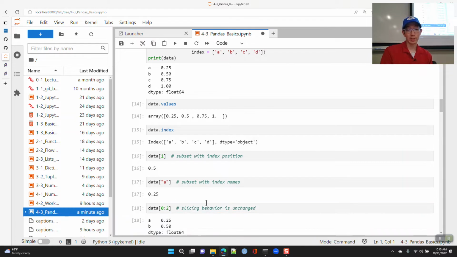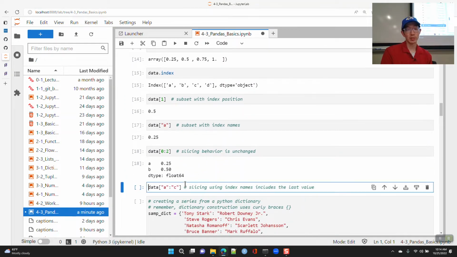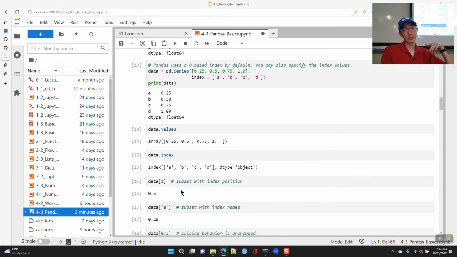You can slice, say 0 through 2, and it will pull out the first two values. And you can slice A through C. Now, one thing about slicing via names: unlike slicing with positions, 0:2 starts off at index 0, pulls out index 0, index 1, and goes up to, but does not include index 2, so it goes from A, B. Here, if I do A:C, C corresponds to technically index 2.